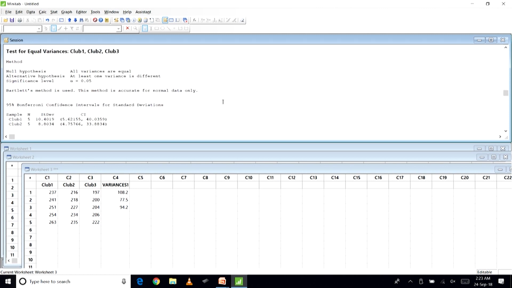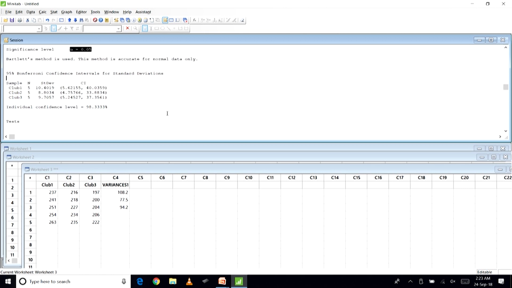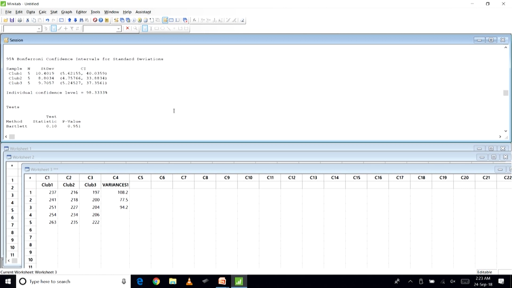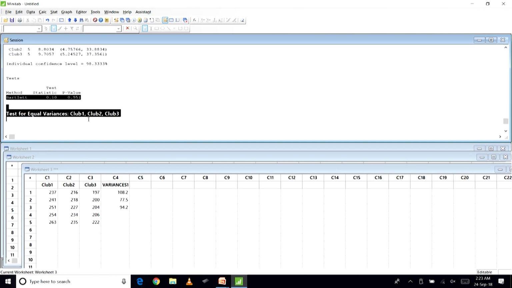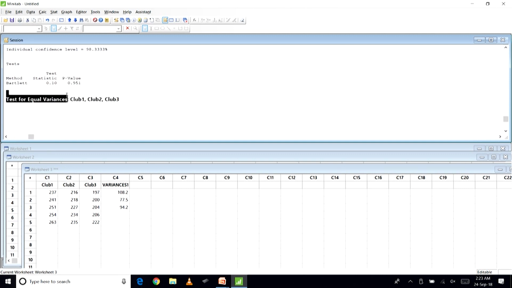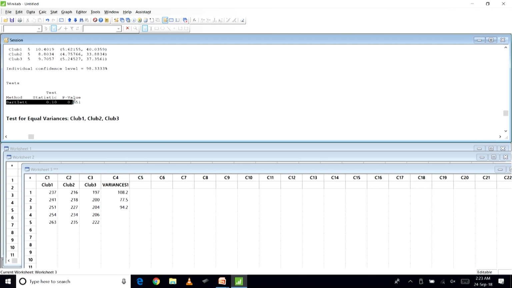So, we are just testing for equality of these 3 groups, right. So, the significance level is this alpha, we will go downwards. So, the p value is this, p value is 0.951, which is more than alpha.